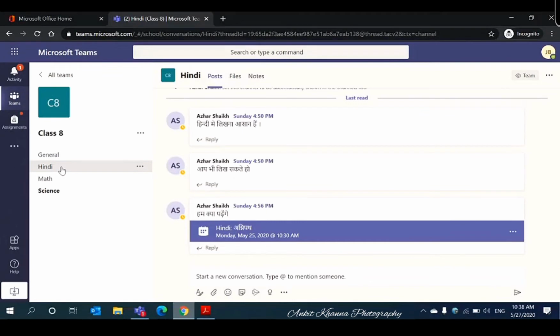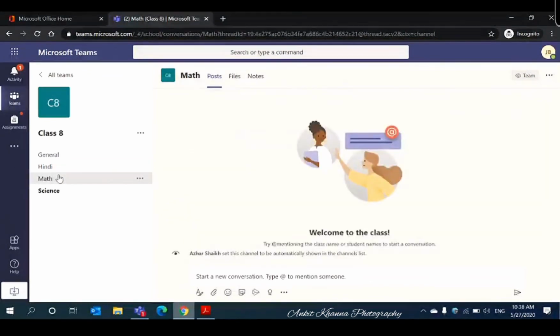In the same way, if the mathematics teacher is sharing something, I need to go to the math channel and see what she is sharing. And by default, don't worry about how to identify whether someone has posted or not. You can see the difference. General, Hindi, math, these channels are not bold. They are normal, and my science is bold.